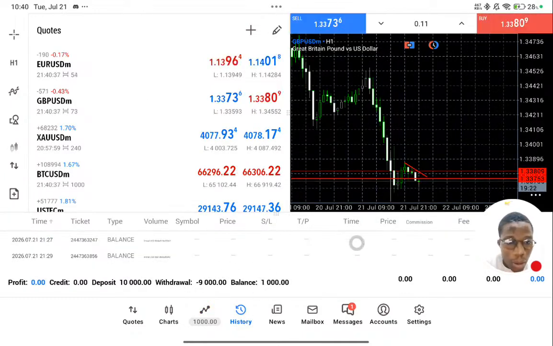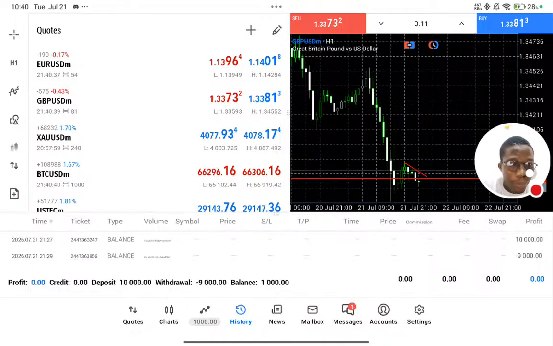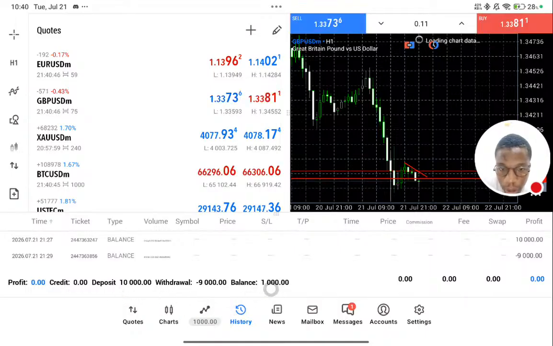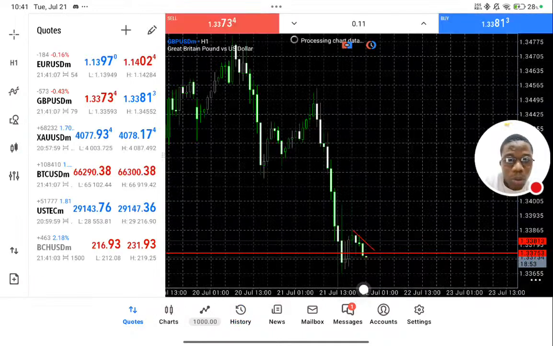Okay, this is kind of like a tab view. So deposits, our balance, you can see 1,000. They give us 10,000, and then because we switched the balance and reduced it, it's back, like it was indicating that we made a withdrawal. So now we're working with 1,000, and then it's recommended 1 to 2% of